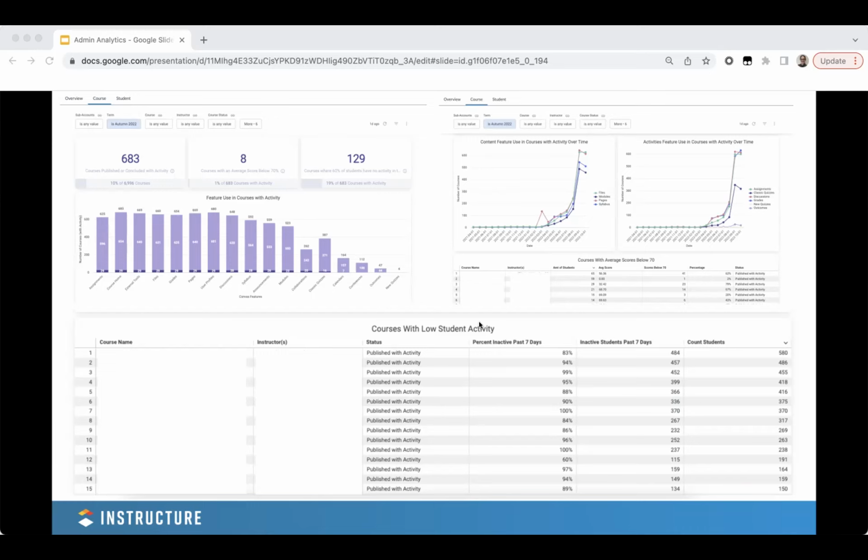how many courses are active in Canvas? What does it look like in terms of which features are being used in those popular courses? So maybe that's a lesson for other teachers that are newer or struggling with adoption. You can see in those really high performing courses what that looks like, and which features are popular in there. And also, as I said, which courses are published with or without activity, and that interaction or inactivity of users within courses at any given time.